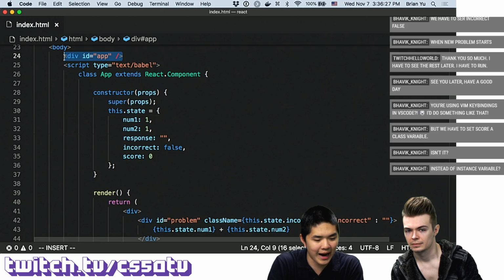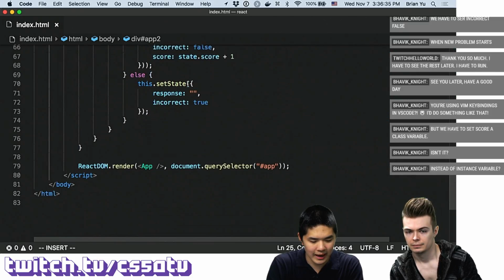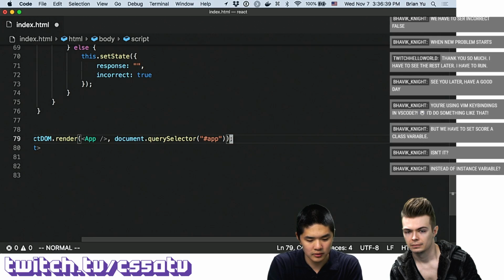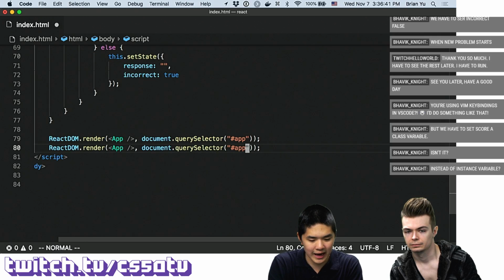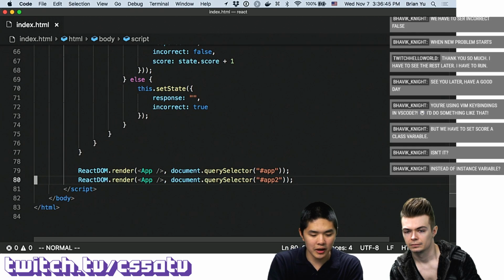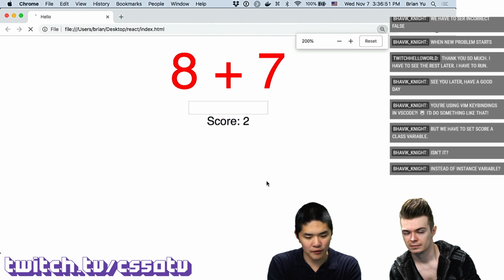Instead of just div app, if I copied that, and called this div app2, for example, and then down here at the bottom, in addition to rendering the app inside of app, I also rendered the app inside of app2. So now I only defined the class once, but I'm rendering it twice in 2 different parts of my HTML page. You might imagine that now if I refresh the page,